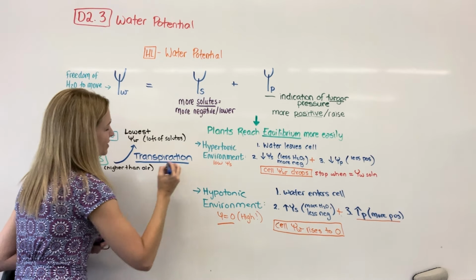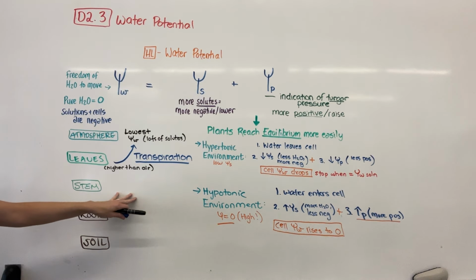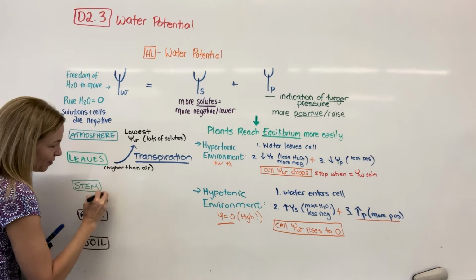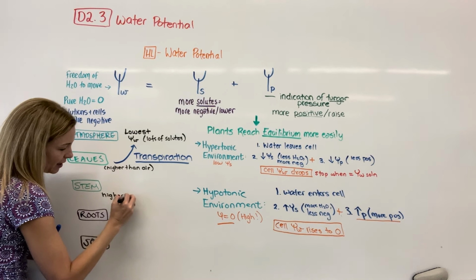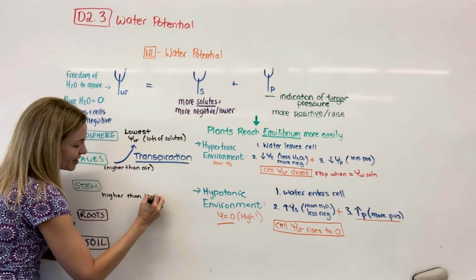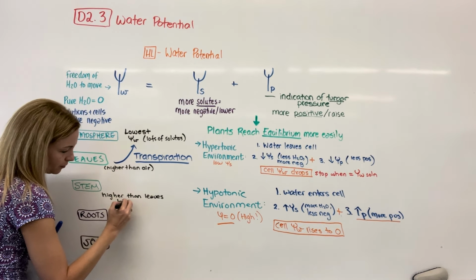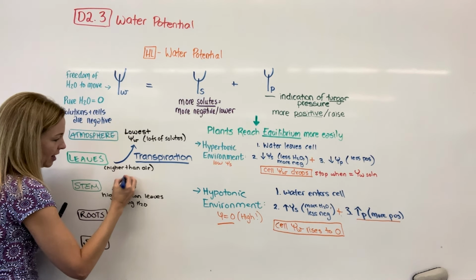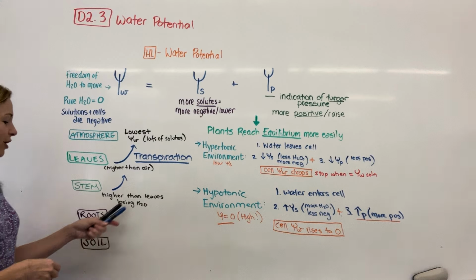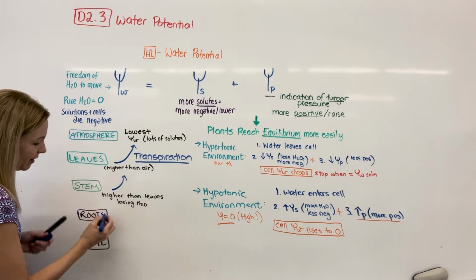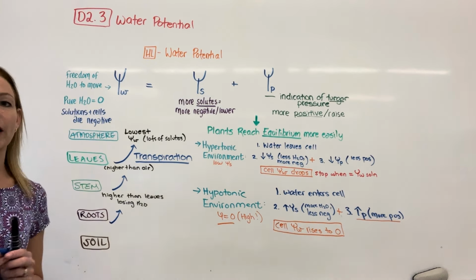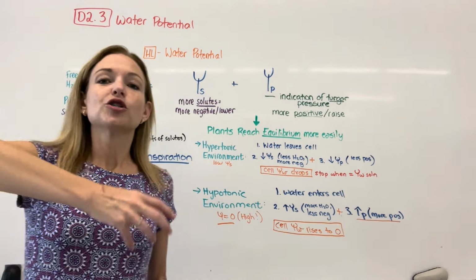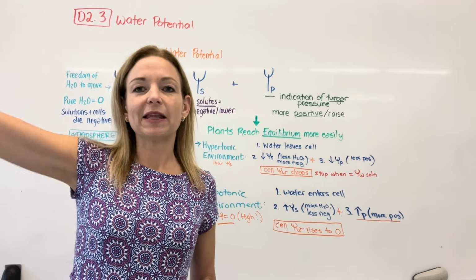And then by losing water, the leaves are going to decrease their water potential. And so then that's going to mean that the stem is higher than the leaves, again, because the leaves just lost water. And so then that's going to pull water in this direction and so forth. So it's going to keep moving up. And if they lose water, then that moves it in that direction. So transpiration pull is basically pulling water to the lower water potential, which is in the atmosphere.